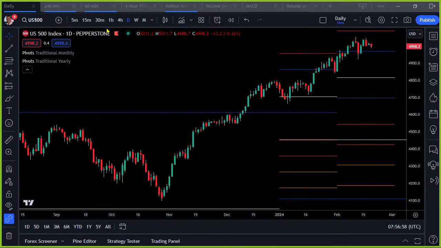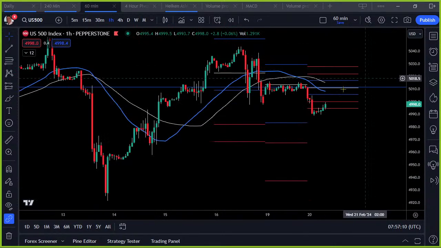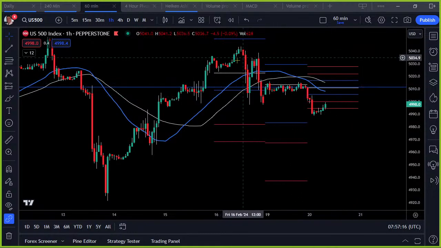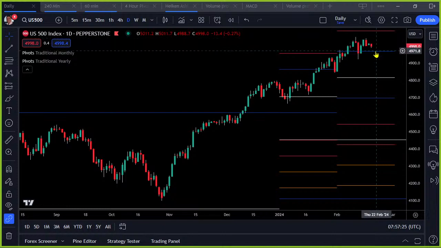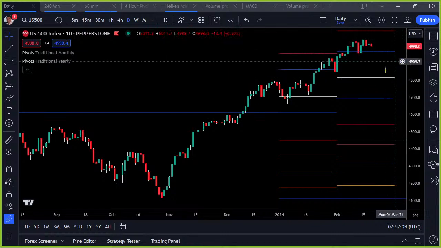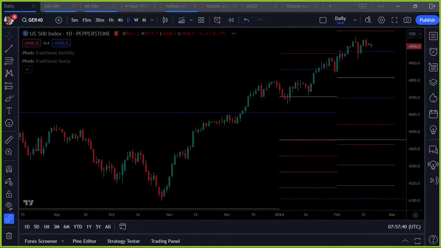The S&P was obviously closed yesterday, and today, at the moment, it's just sorting itself out a little bit here. It's finding support off the weekly pivot at this stage. It's just come back to its weekly. I need to see this run for a little while just to see its intentions, but it has put a lower high in, and I'm sure people will be pointing towards a double top here, etc. It hasn't actually double topped. It's got a lower high. If it does start breaking down, we could see a bigger correction back down to the monthly pivot at some stage, but for me, I'll just wait until that happens and look for the buy side. I still sit on the buyer's side on that.